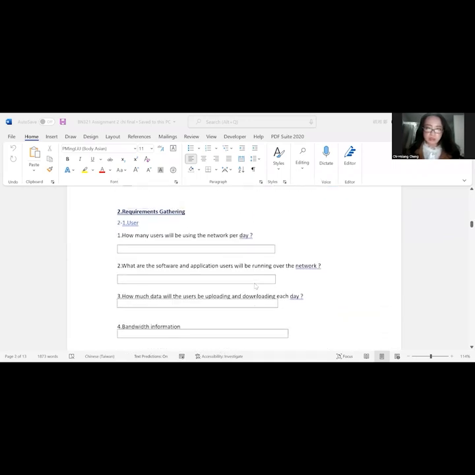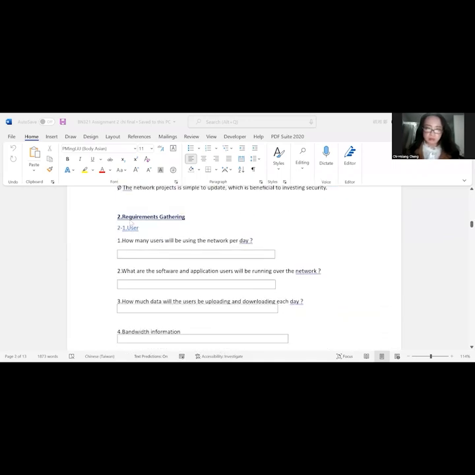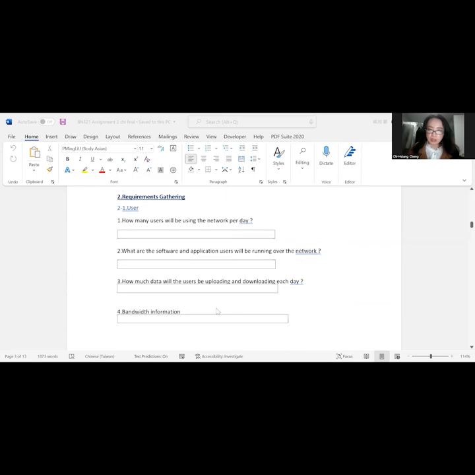So we can use a questionnaire for our users, like how many users use the network per day, and how much data will be uploaded and downloaded each day, and what kind of software and applications users will be running over the network, and bandwidth